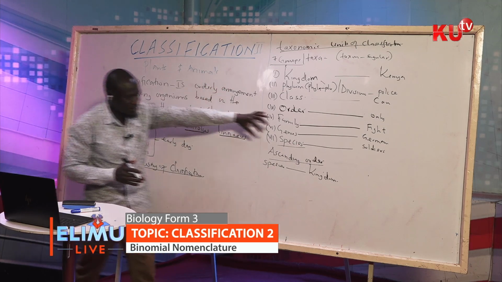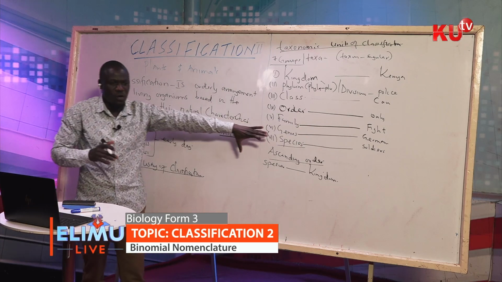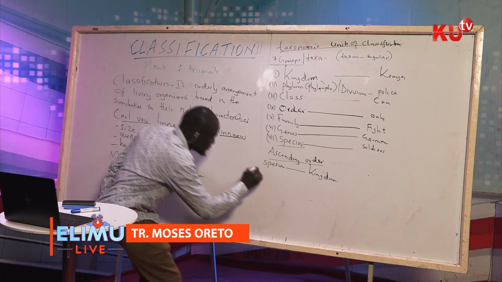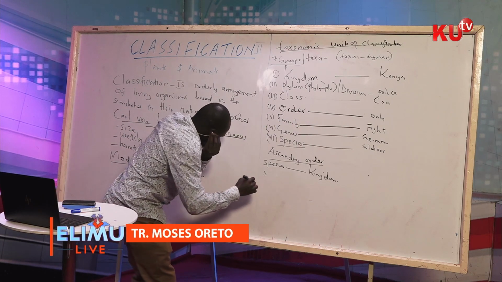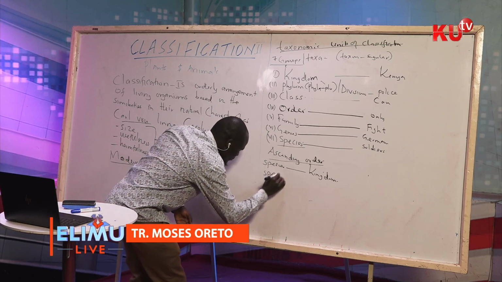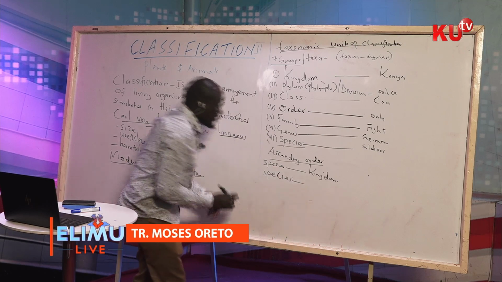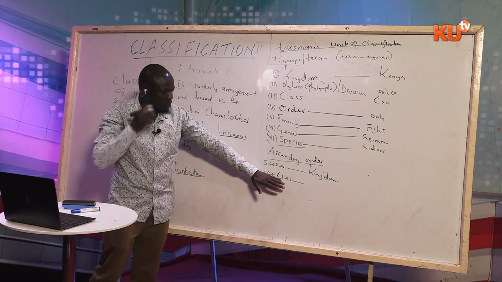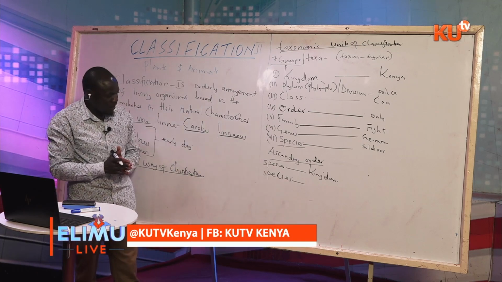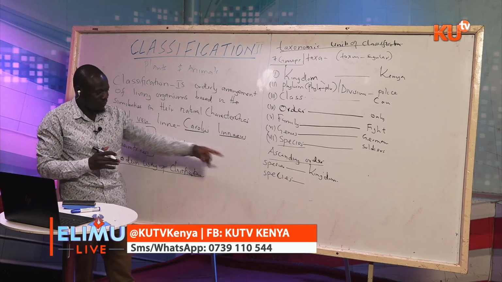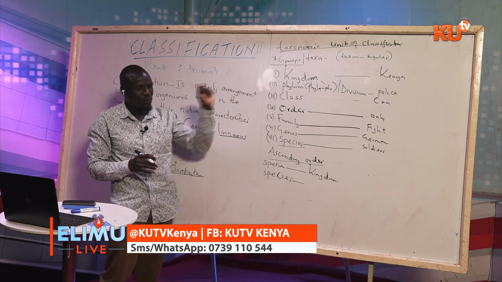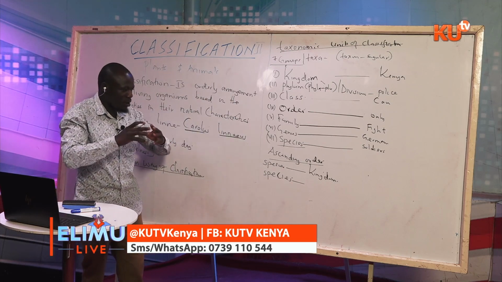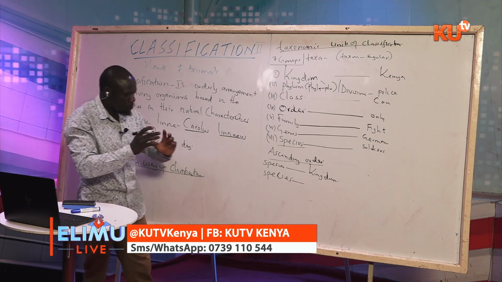There's something I'm interested in about the species, because one of the things that you are told in Form 1, just as a reminder, is to define the term species. There are key things that we are looking at when somebody is defining the term species. Most of us can define it, but there are always very key words that we check. We know that these are the group of organisms